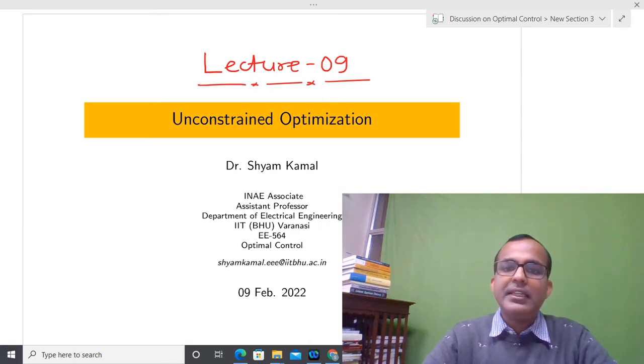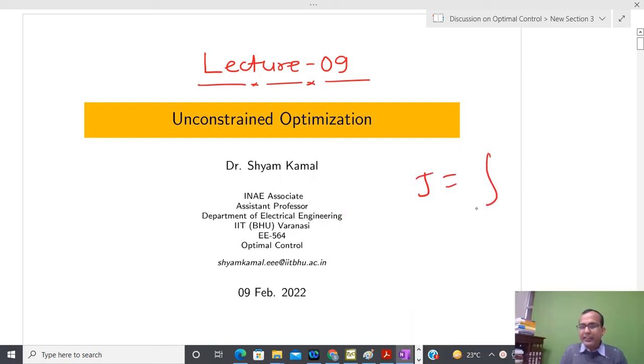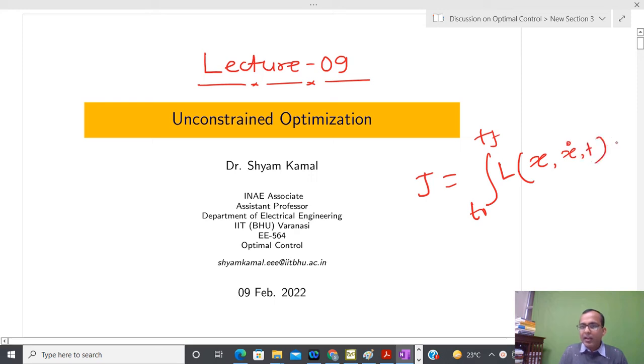So far, whenever we are solving some kind of optimization problem of a functional, we have defined it like this: J equals the integral from t0 to tf of L(x, x dot, t) dt. In this way we have defined it, and after that what we found is that whenever some x star, that is some kind of function, is going to minimize this particular functional,